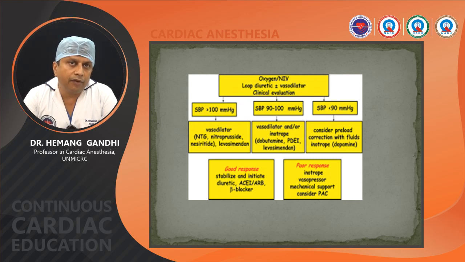And with this, if it's showing good response, continue the same treatment, stabilize the patient and initiate the use of diuretics, ACE inhibitor or beta blocker. And with this treatment, if poor response is there, one should consider adding the vasopressor along with the inotropes in the form of adrenaline, noradrenaline, also the mechanical support in the form of IABP, and also consider to insert